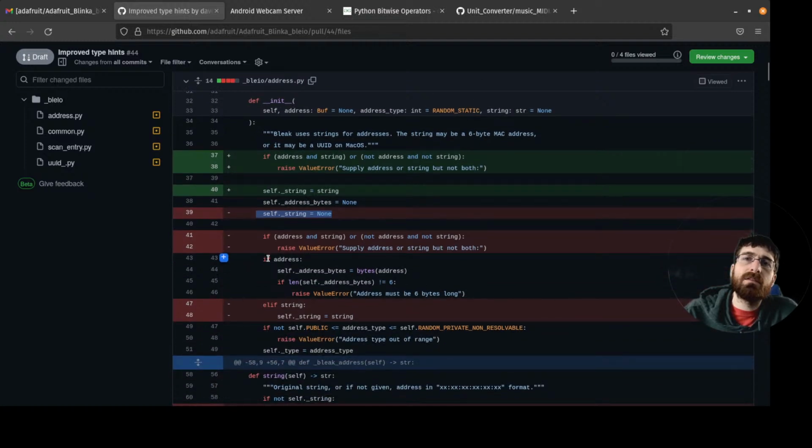And then it said, if address, do this stuff. elif string, which is basically the same as else because we would have raised if not. And set this. So yeah, I think the logic is the same, right?